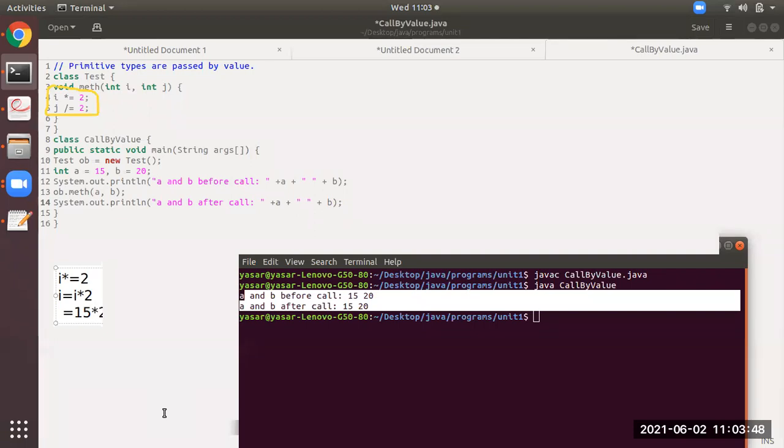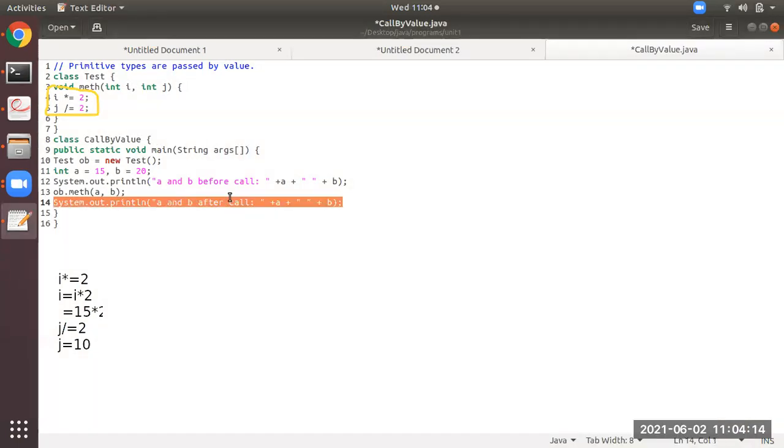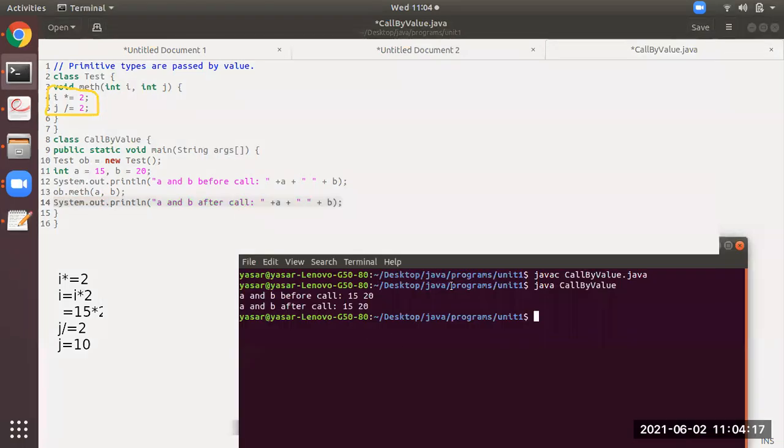Similarly j /= 2, j will be equal to 10 if you perform the computation. I'm not writing the complete thing. But you see at line number 15 what it is displaying, it is displaying a and b, 15 and 20. So it is not disturbing the values of a and b in call by value.